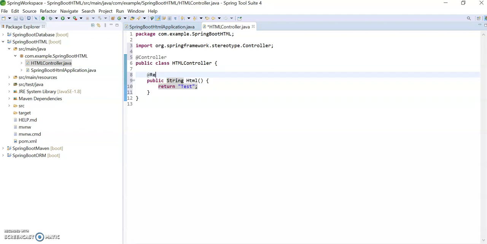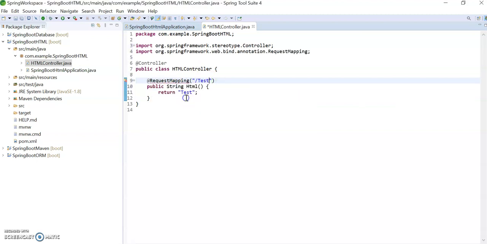So I am mentioning @RequestMapping("/test"). Yes, now it is done.